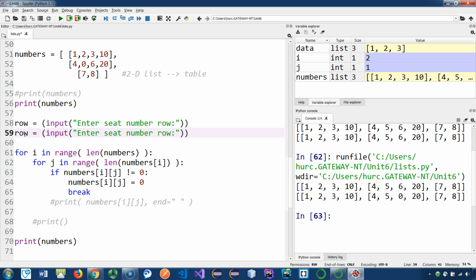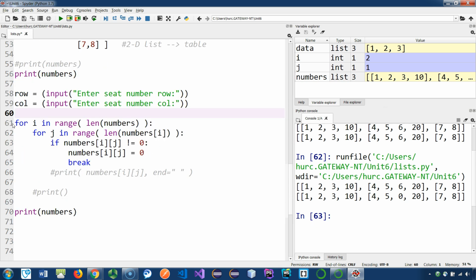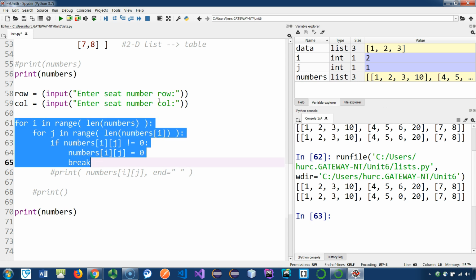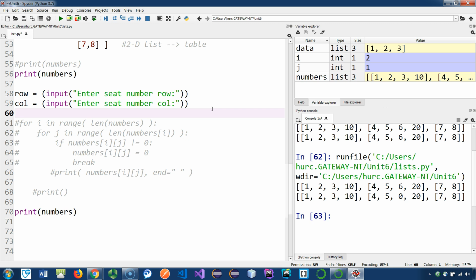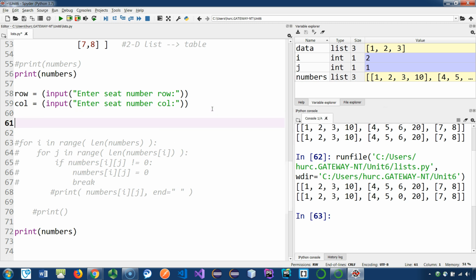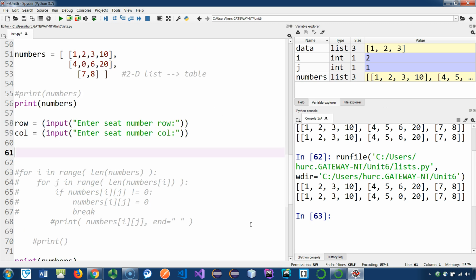Okay, so do that first until you kind of get the hang of it, and then you can go ahead and be a little more creative. So once you do that, it's pretty easy. You don't have to do any loop because, well, you have to assume that we don't have to check for out of bounds indexes, assuming that the numbers are within the list. If I put like, okay, row 5, column 2, well, I only have like 3 rows. Right? So make sure that the maximum, minimum